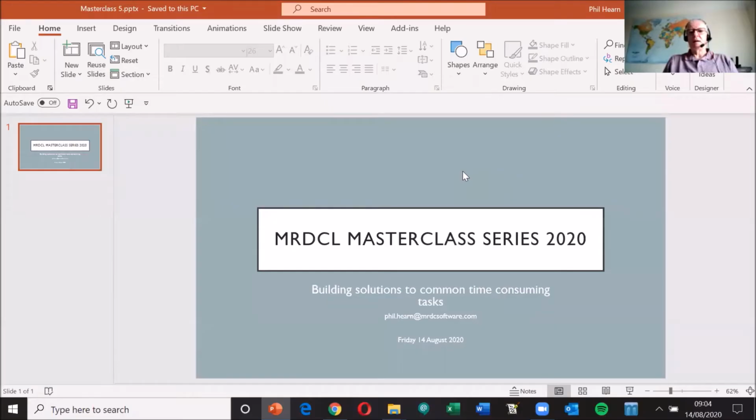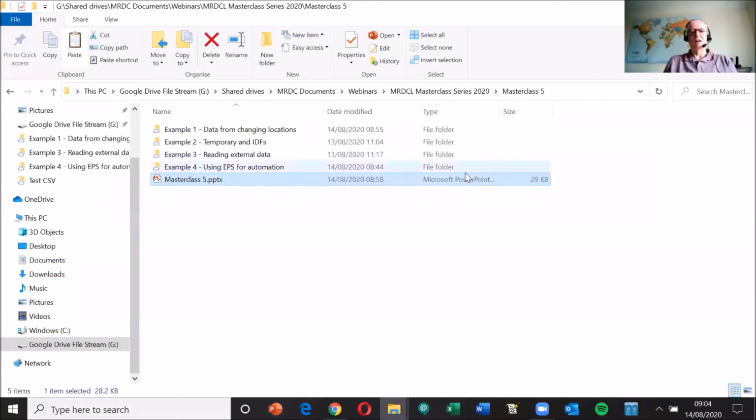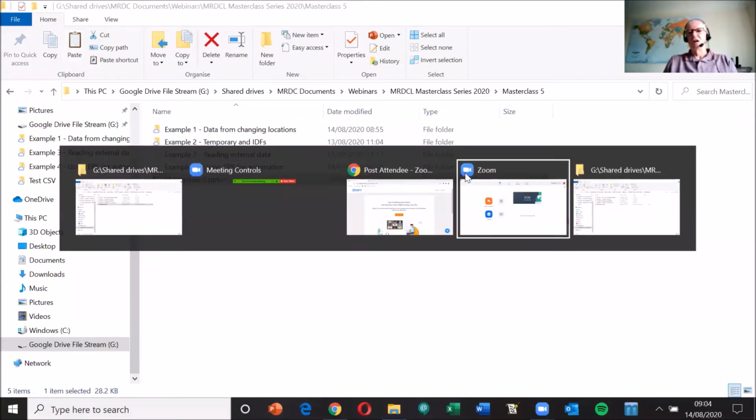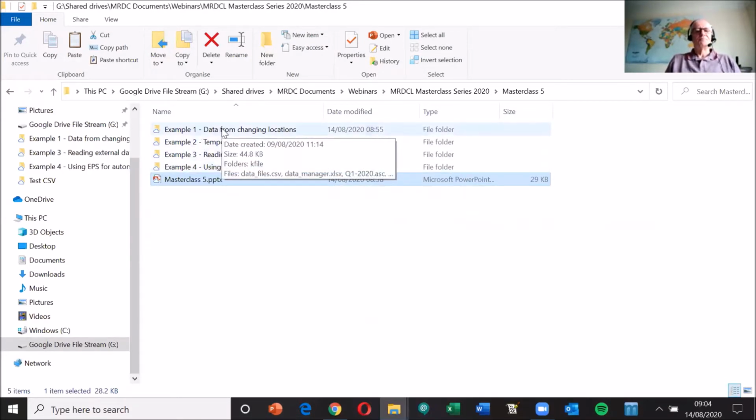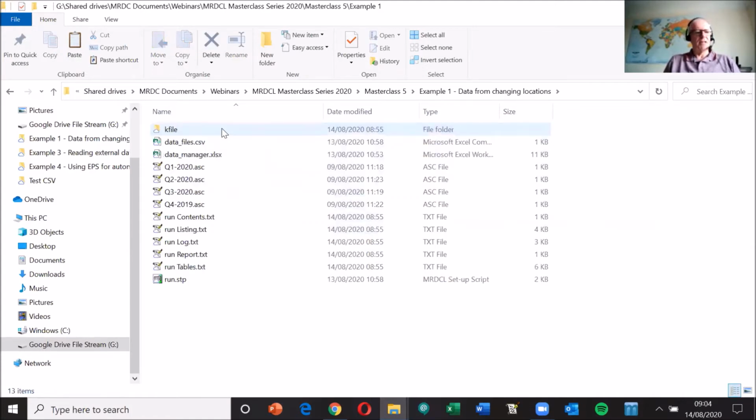So there's no PowerPoint today. That was just an introductory slide. We're going to get straight into running some code today and looking at practical problems that we're going to try and solve. And the first thing I'm going to look at today is picking up data from tracking studies. Now, this is something that many people encounter, and it's very easy to find time consuming,